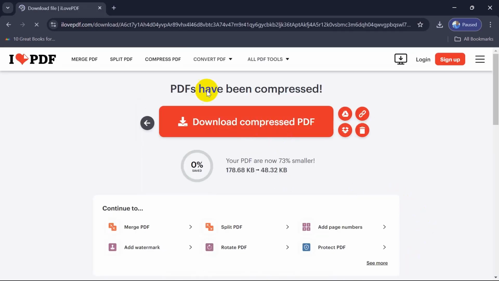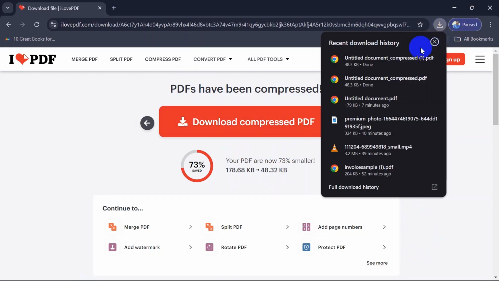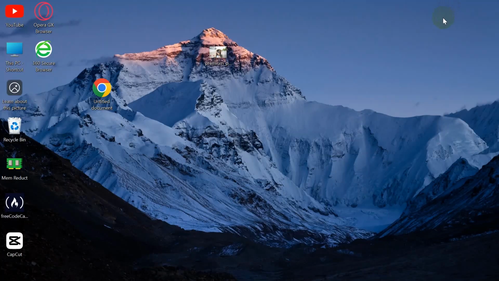After that, you can see the PDF has been compressed. And you can see over here that the PDF file was 178 KB and now it's 48.32 KB. Very good, right? So now if we click on download compressed PDF, you can see our PDF is downloaded into our Windows. So this is how we can compress a PDF file without losing